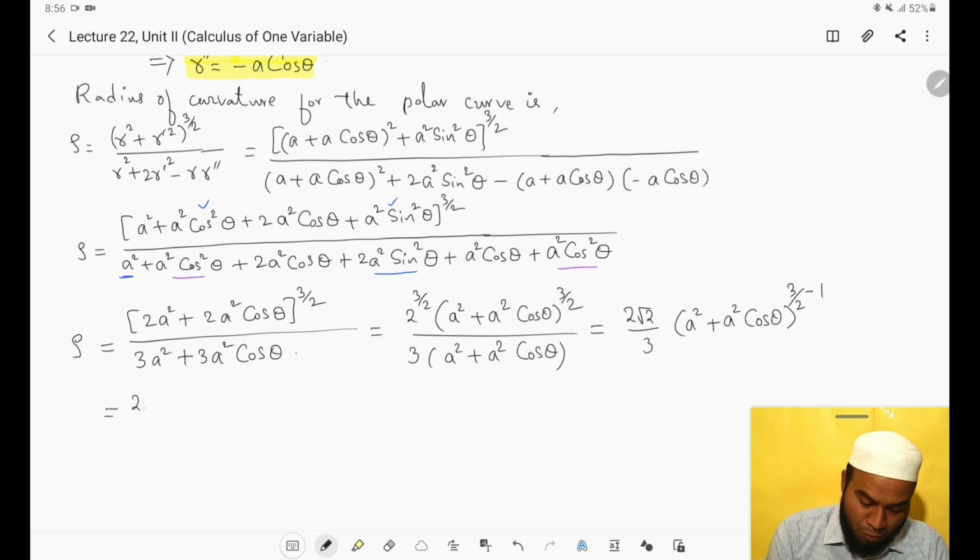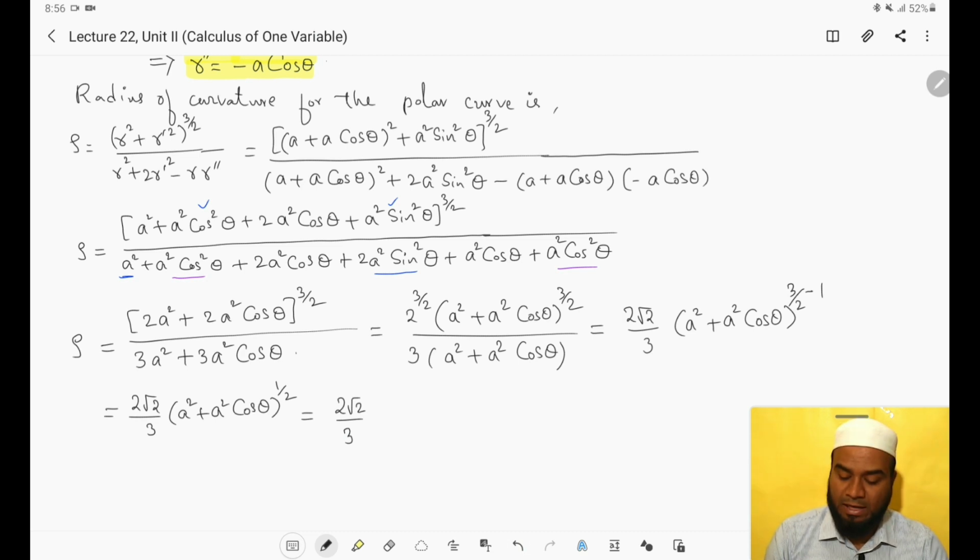So let us simplify this. What will happen? 2 root 2 by 3, what will remain here? A square plus a square cos theta, and the whole power of this will be 3 by 2 minus 1, which is nothing but 1 by 2, right? Further simplification is possible. 2 root 2 by 3, a square can be taken out. When we take a square outside, power 1 by 2 will be there. So a power 2 whole power 1 by 2 is nothing but a only. So 2 root 2 into a by 3,